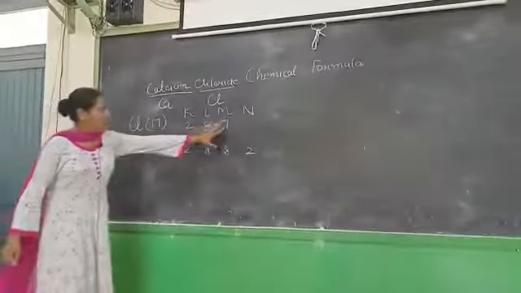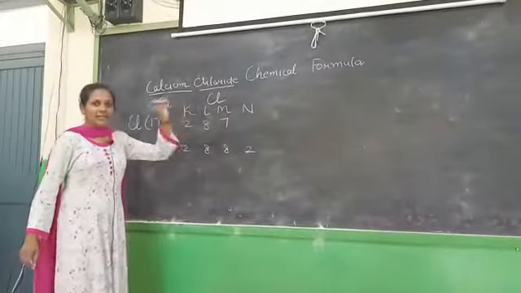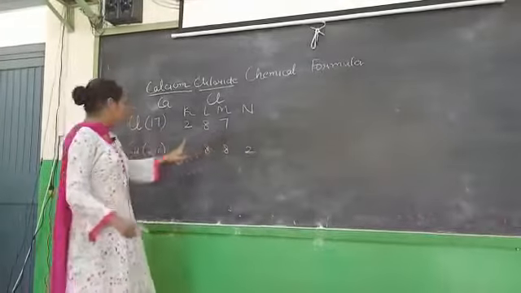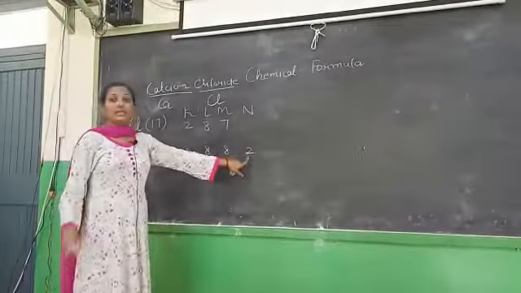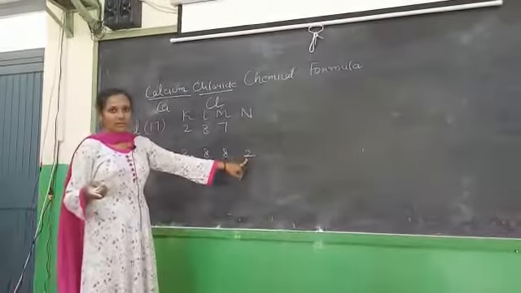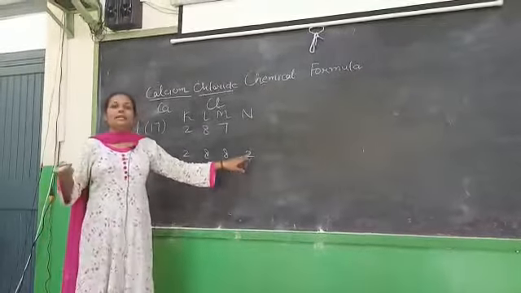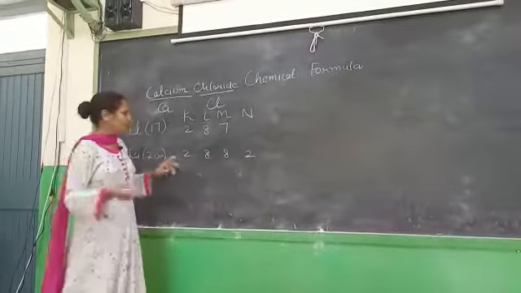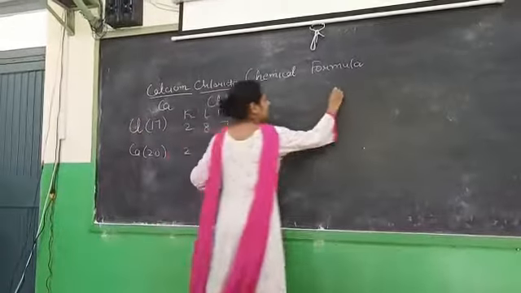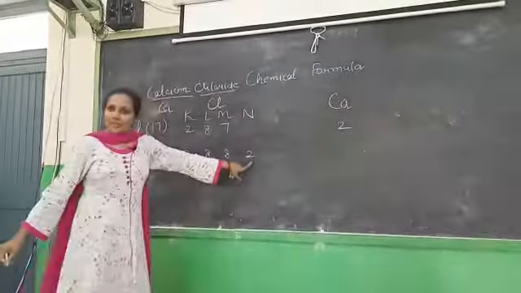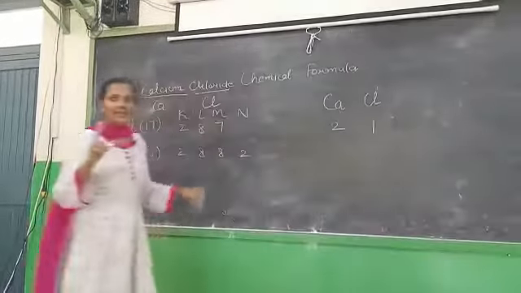From looking at this, we can clarify that chlorine needs 1 electron to gain the stable noble gas configuration, but calcium can either gain 6 electrons or lose 2 electrons. It is very clear that losing 2 electrons is much easier than gaining 6 electrons. So we say that the valency of calcium is 2, because it can lose 2 electrons. In the same way, chlorine needs 1 electron, so its valency is 1.